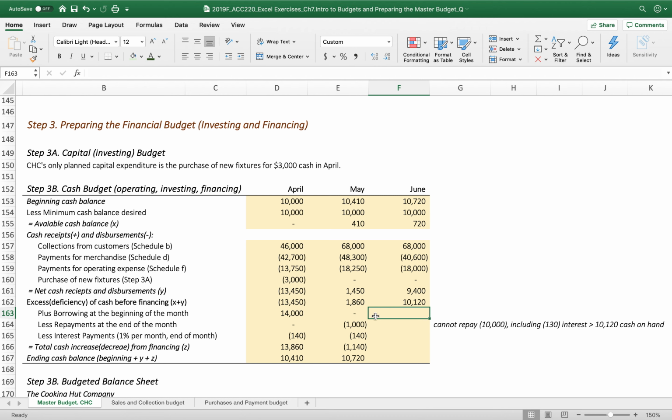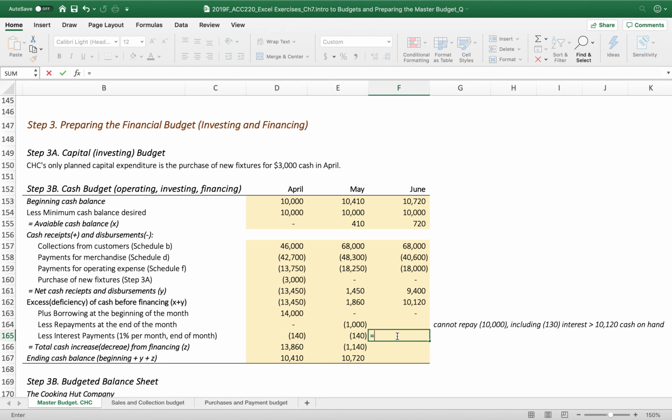Then, do we need to borrow? Do we need to borrow money from the bank? No, because we have enough cash, right? So 0. Then, what is the repayment at the end of the month? Because 10,120, you see, so we can pay out $10,000. If you think $10,000, maybe it's right, but if you consider taking into account interest,